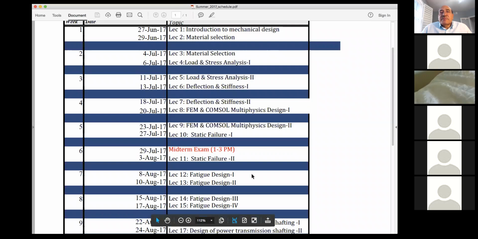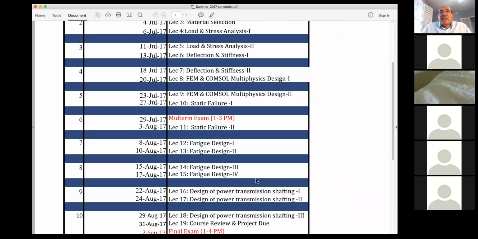And then the last part of the class is basically the application of all of that. The application is going to be on the design of power transmission shafting and all of what's connected to the shafts to transmit power, namely gears, pulleys, shoulders of the shafts, pins, all of the elements that are related to the transmission of power will be there.